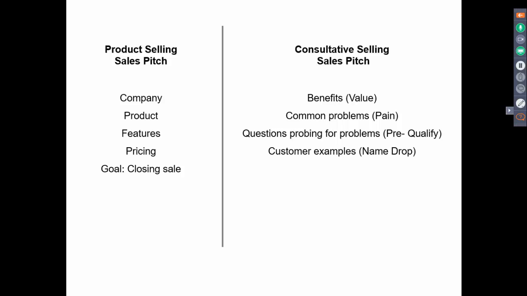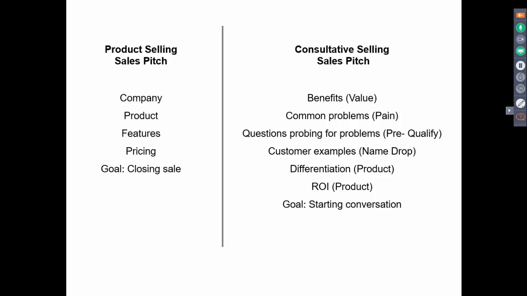If you have some customer examples, use those in your pitch. If you differ in some sort of way, highlight that. If you can deliver some sort of ROI, highlight that. And the goal of your sales pitch should be starting the conversation and keeping it going, not necessarily closing the sale. So the reason why I bring that up is because your objection responses are part of your sales pitch, and you can use these thoughts and points in your objection responses. That's what I'm going to do here today.